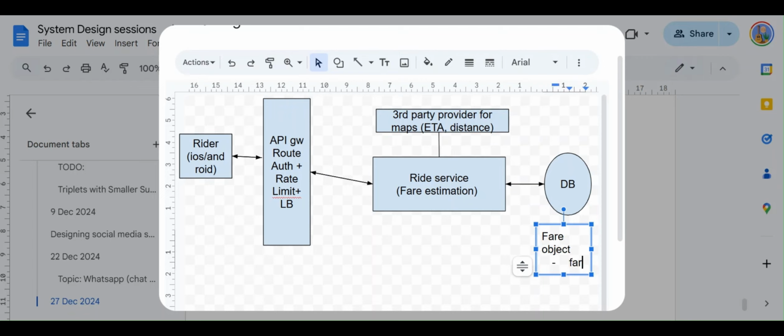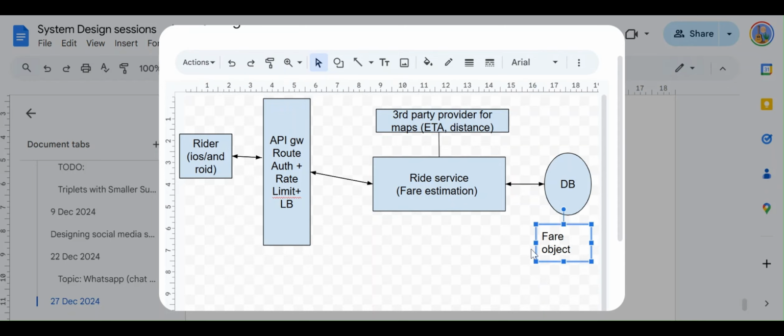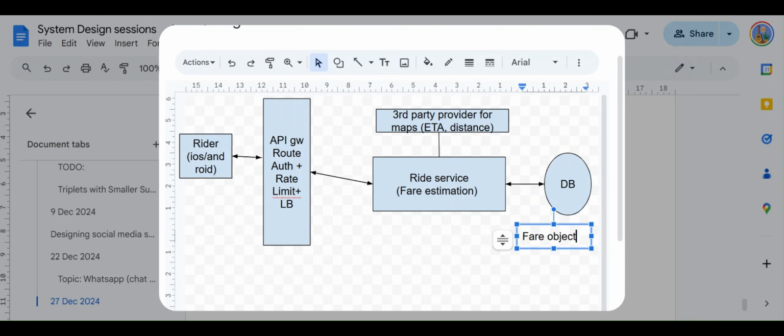So first of all, it will have, let's say, a fare ID. By the way, the fare ID is just represented as an ID inside the data model, the table.